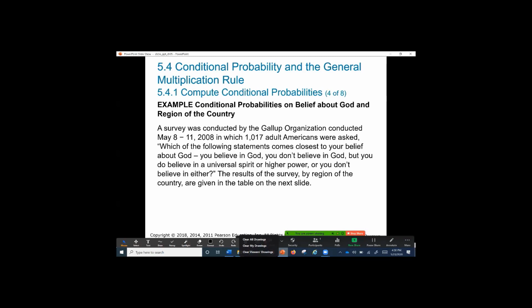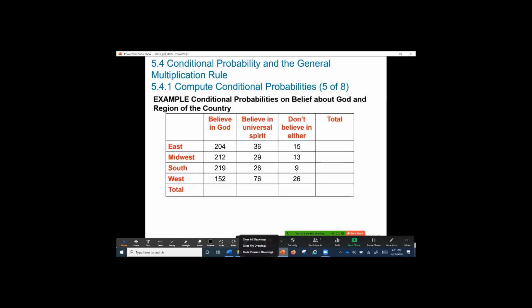When they state by region, they collect from each person who participates in this survey two pieces of information: which of these three statements is closest to their belief, and the region where they live. Then we can classify this data in two different ways, according to the belief and according to the region. That is the origin of the two-way table. How can we construct this two-way table?